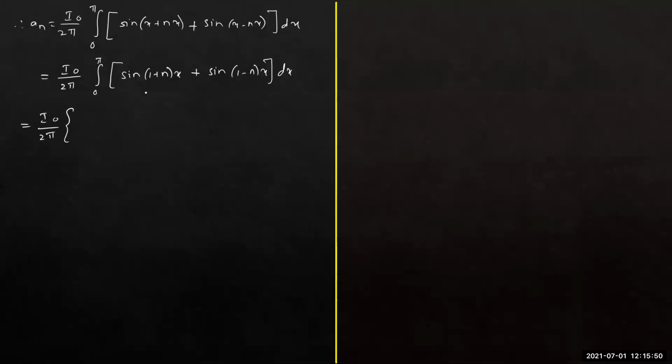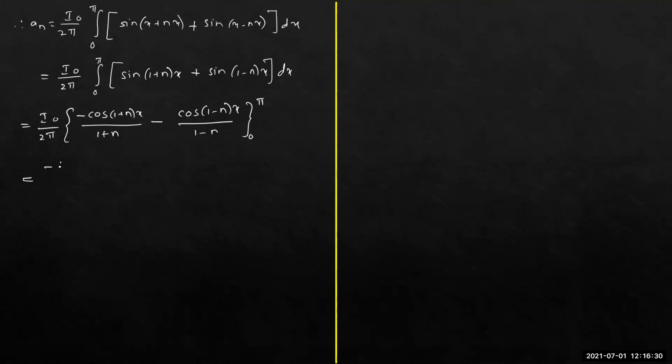See how much you'll get when you integrate this. Integration of sine x, as you know, is minus cos x. So here we'll get minus cos of (1 plus n) into x divided by 1 plus n. Whatever the coefficient you have there, that comes in the denominator. And the same way, when you integrate the second term here, we'll get minus cos of (1 minus n) into x divided by 1 minus n, with the limits from 0 to pi. Right, now let us substitute the limits. And before substituting the limits, I'm just trying to take this minus sign common from them. When you take minus sign common, the things can be written easily.